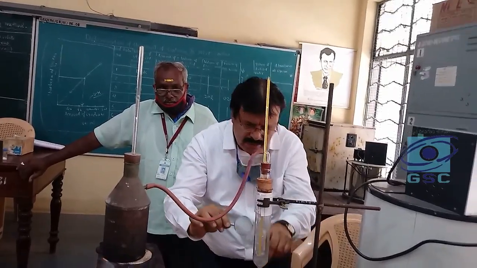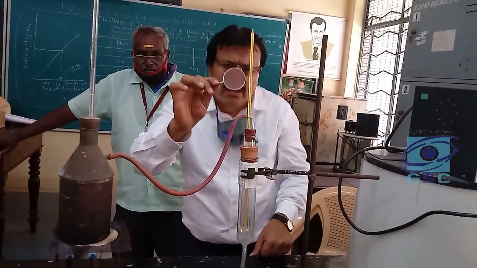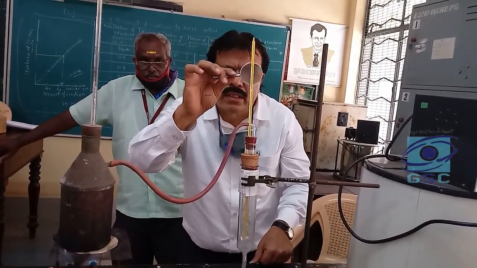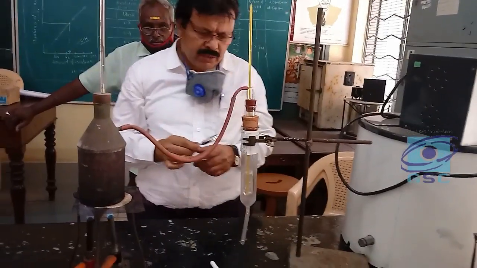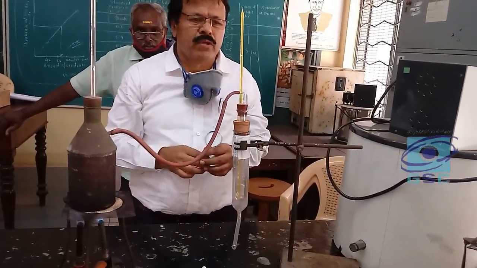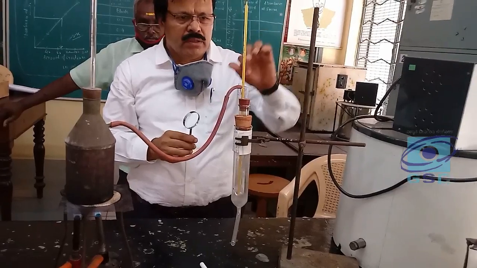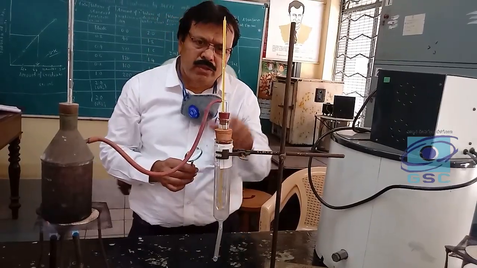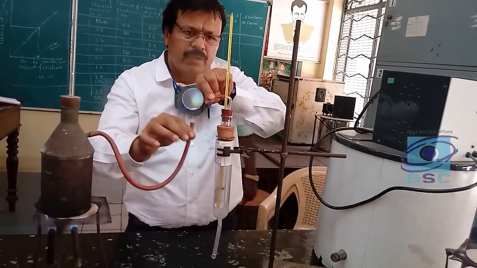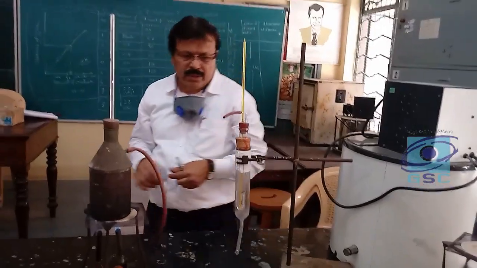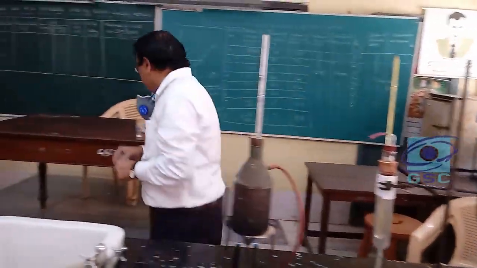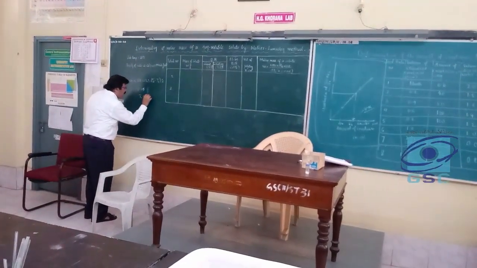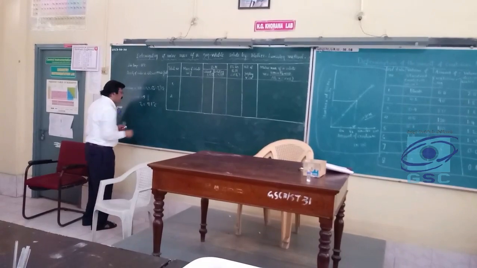Sir, it is constant. You can see the water is boiling. Now the boiling point of solvent is 97 degrees Celsius. So according to this thermometer, the value of boiling point remains constant. It remains constant for a few minutes. Now you have to note it down as T1. So that is the boiling point of solvent. The value of boiling point of solvent is taken as 97 degrees Celsius.